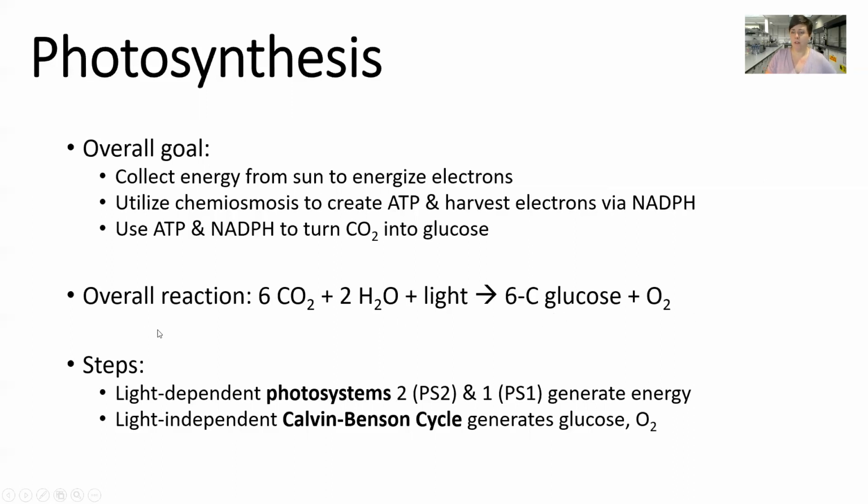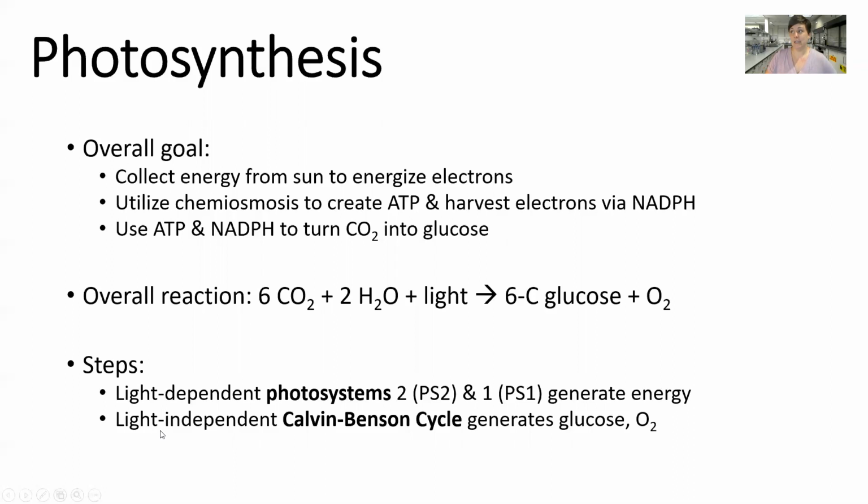Photosynthesis occurs in 2 distinct steps. You have the light-dependent step. This is called the photosystems. There are actually 2 photosystems, and we'll talk about this. The photosystems are used to generate our ATP as well as to harvest electrons. So this is where we get the energy and the electrons that we're going to use in the second step,